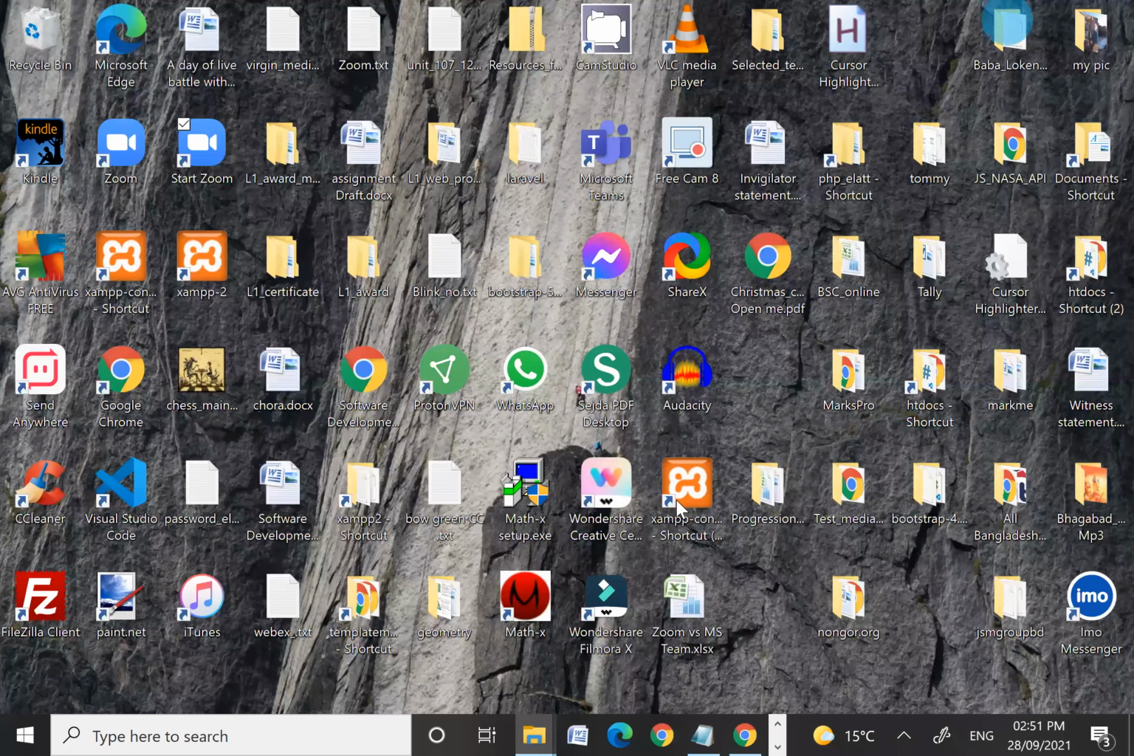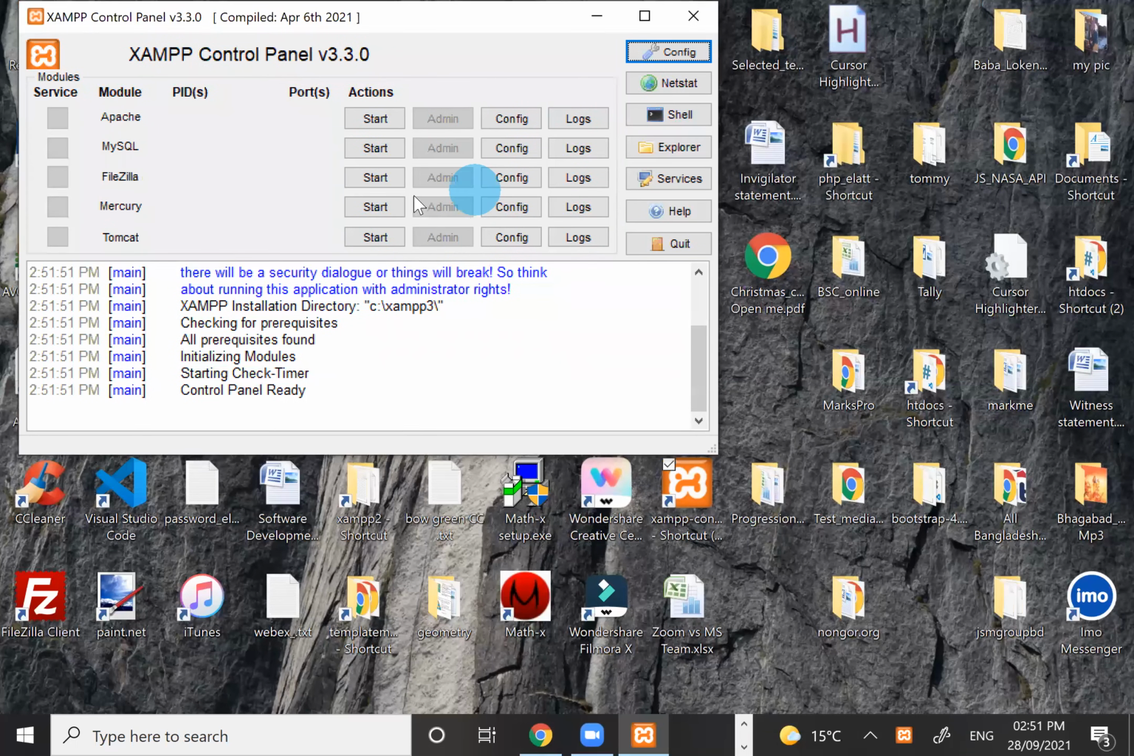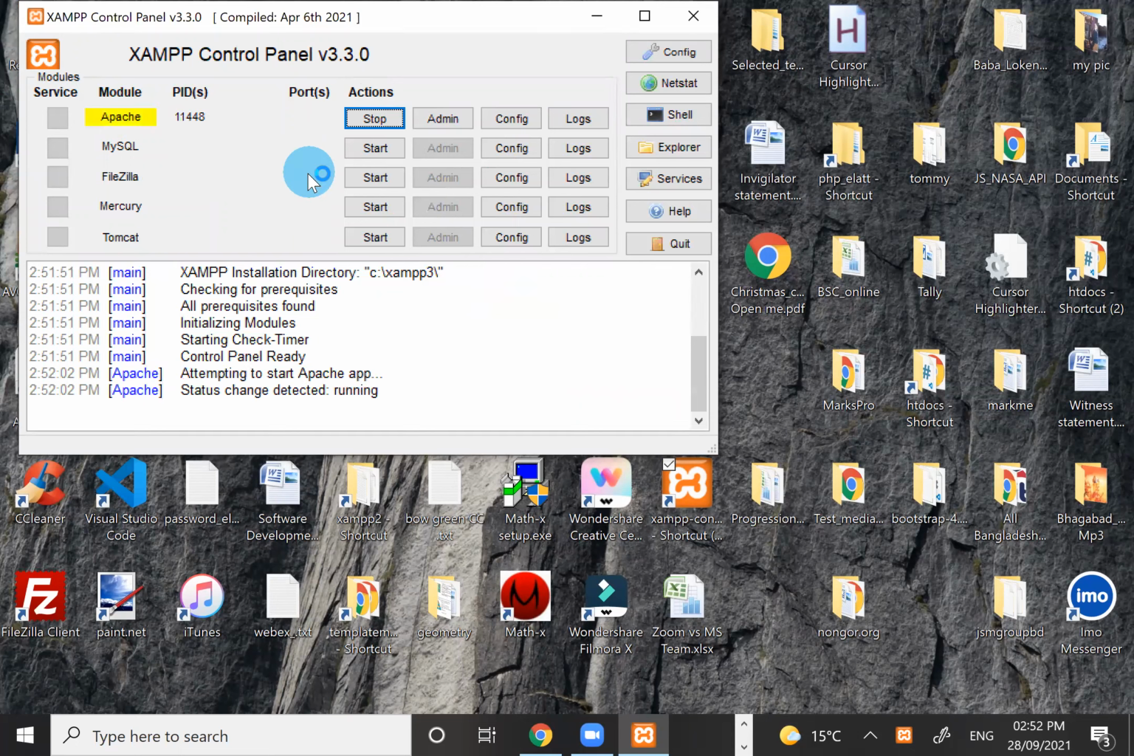So let's see if I have created it. Yes, I have created a shortcut here. I'm going to start that, and it started. Now let's have a look whether it is working. Now time for the truth. I need to start Apache in order to execute my PHP scripts or server-side scripts. Let's see if it works. It's going to try to start, and as you can see, it turned green, and it is